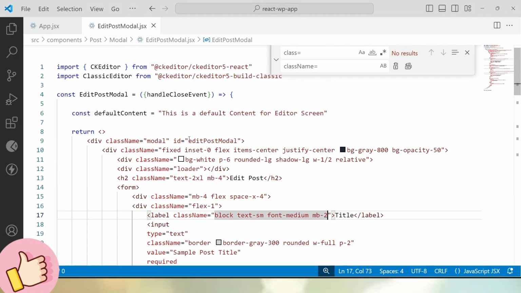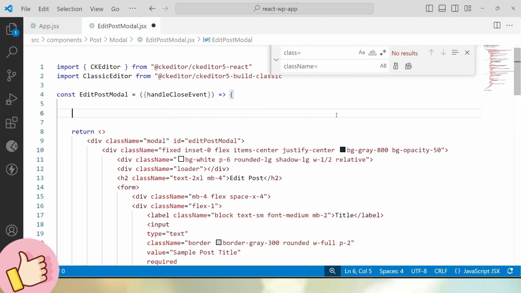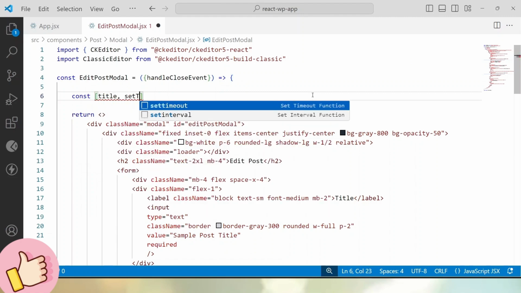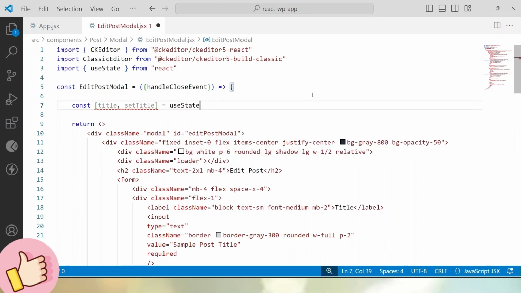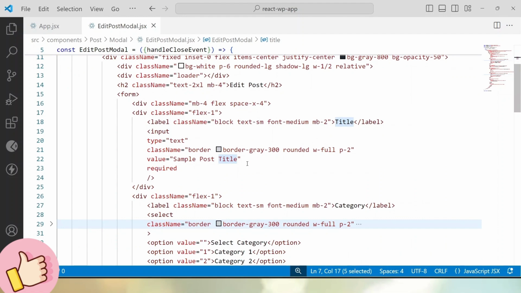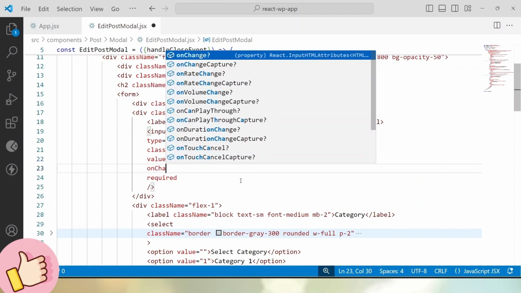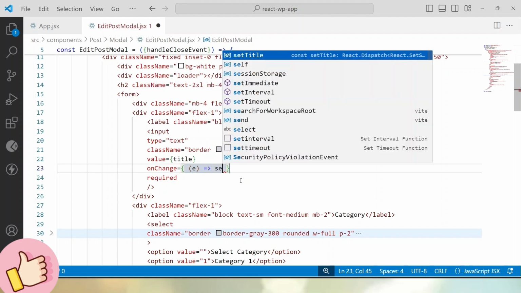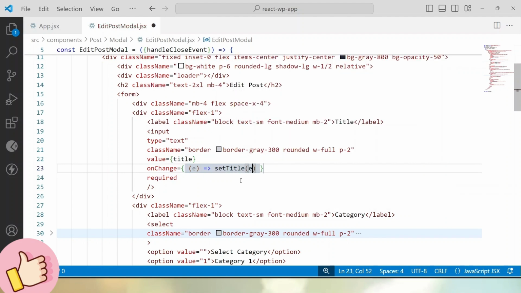So in the same way, first I will remove this default content. Here, let's say const for title, it will be title, setTitle, useState, and initially it is going to contain an empty value. Let's copy this title, then I will go into this title field. Here, in place of this static value, I'll use the state variable called title, and on change, it means whenever we change any value,